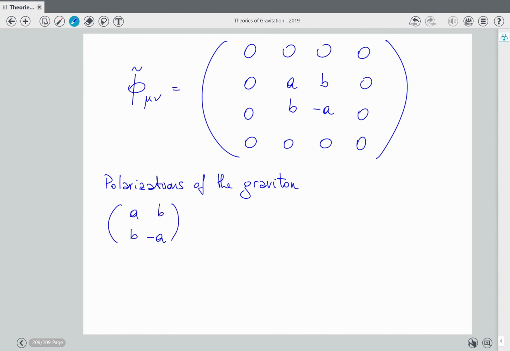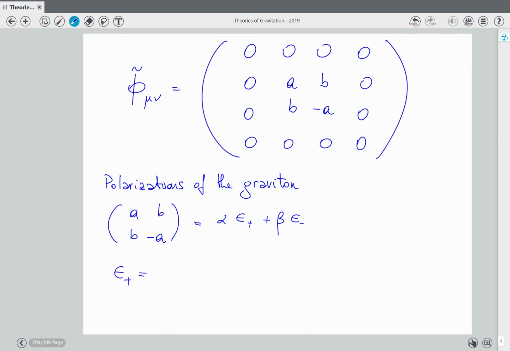Basically, we have a 2 by 2 matrix with these current features. It's symmetric and it is traceless. And this you can write as a linear combination of 2 polarizations. You can define circular polarizations, you can define the kind of polarizations you want. What we use here are the eigenstates of the helicity, which are